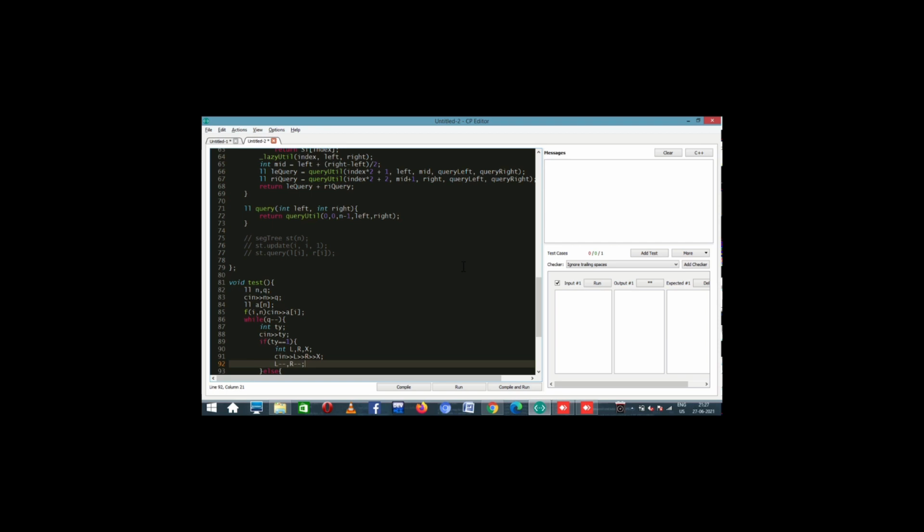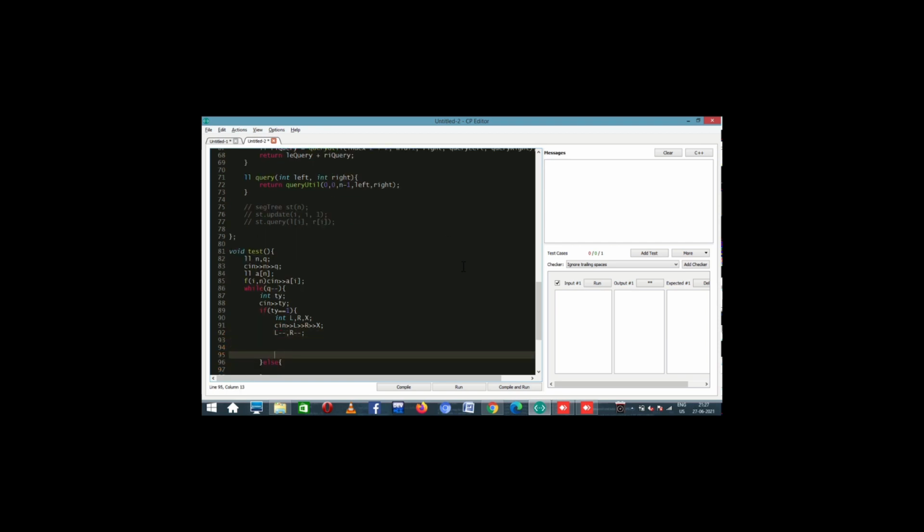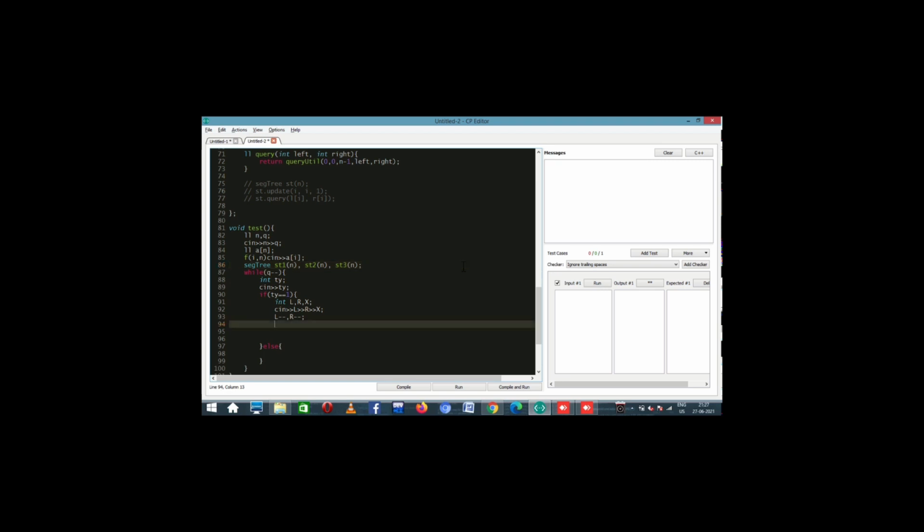Now what next? I told you we will be making 3 updates, so that's why I want to have 3 segment trees. I'll just say seg tree st1, st2 and st3. Now how do I use them? One of the updates is very simple.